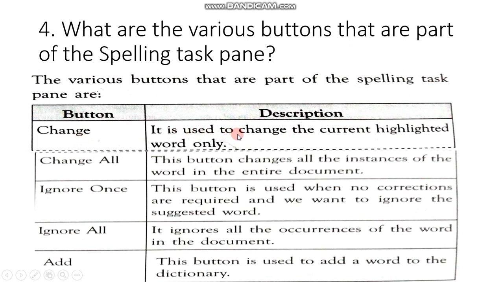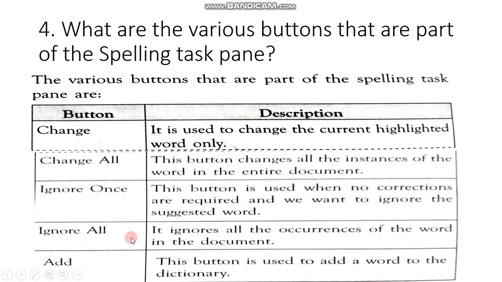It is used to change the current highlighted word only. Change all. This button changes all the instances of the word in the entire document. Ignore once. This button is used when no corrections are required and we want to ignore the suggested word.